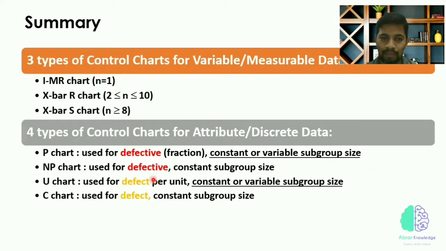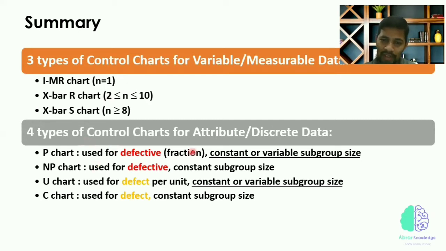and then we will be discussing more in Minitab. So before I go to Minitab, I would like to give the summary. There are three charts which are used for continuous data. If your data is measurable data, continuous data, variable data, one is called IMR, n equal to 1. If you have only one column, you can use the IMR chart, individual moving range chart. Another one is the X bar R chart, range chart. If you have 2 to 10, you can fairly use the X bar R chart. X bar S chart, if you have more than 8 columns, variables, you can use the X bar S chart. But predominantly, X bar R chart is used.